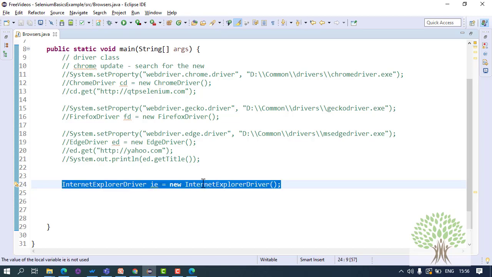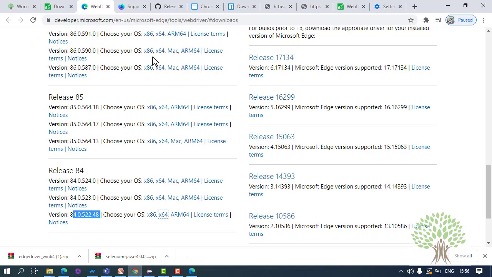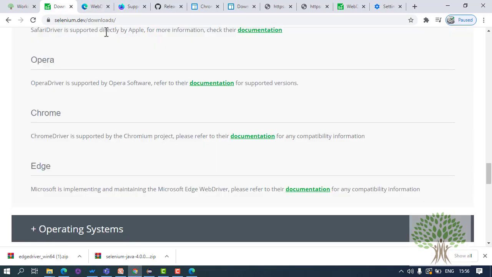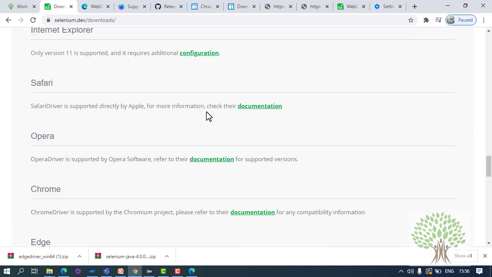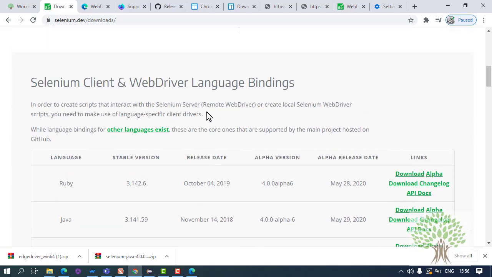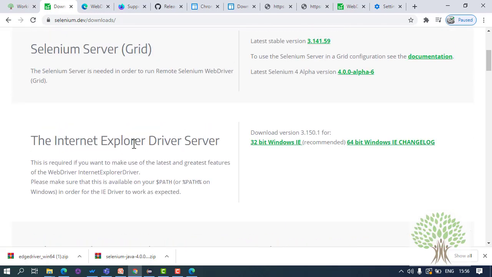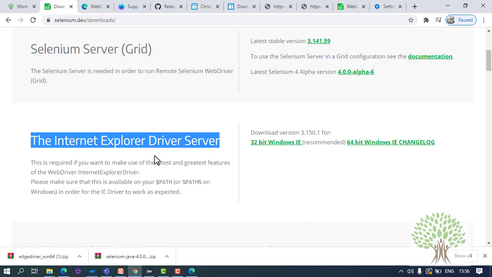Internet Explorer driver, you create the object, and on the official website of Selenium, not over here but at the top, scroll to the top, you will see Internet Explorer driver. You can download it for 64-bit IE or 32-bit IE. This is not the bits of your operating system but the bits of your IE.